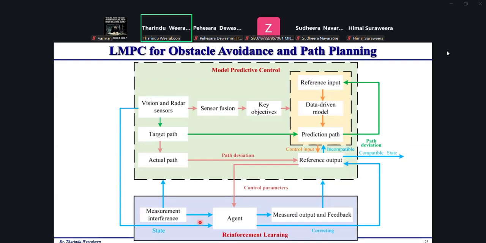Then this is MPC, but what we are targeting is learning MPC, with the learning part along with reinforcement learning. Here we can see the learning part at the bottom of this figure. The top part is the model predictive control, and measurements are taken through the sensors to the learning algorithm as well, and the decisions are given back to the model predictive controller. This is a little bit complicated, but this is how we can combine model predictive control and learning together.